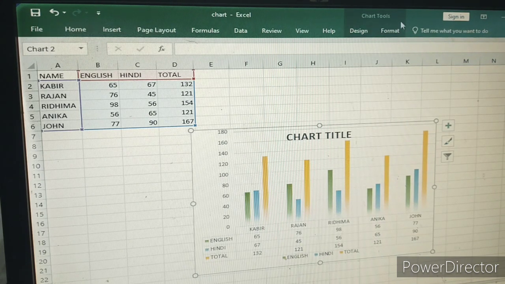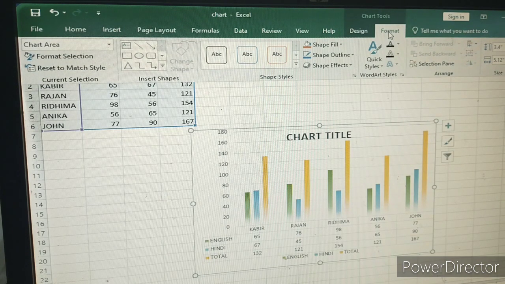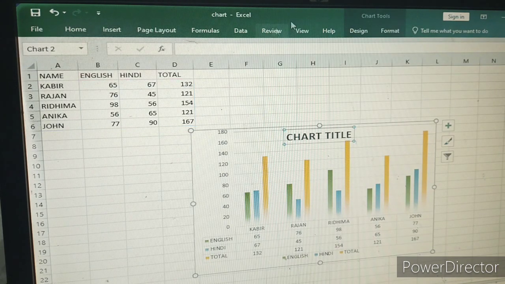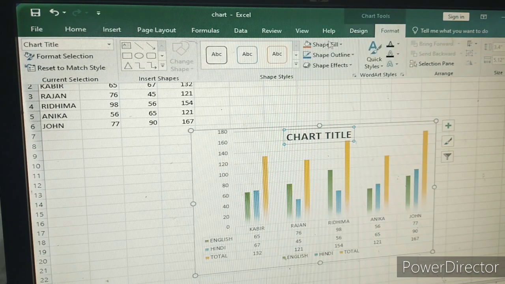Next one is formatting. What is the use of this Format tab? Actually, this Format tab is used to change the format of the different elements. Suppose I want to change the format of this chart title. Okay, what do I have to do?